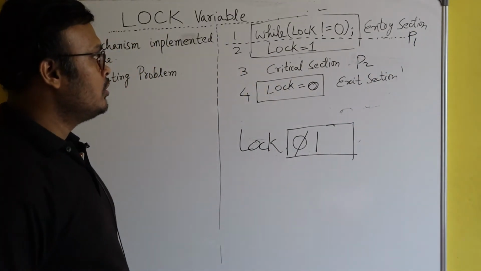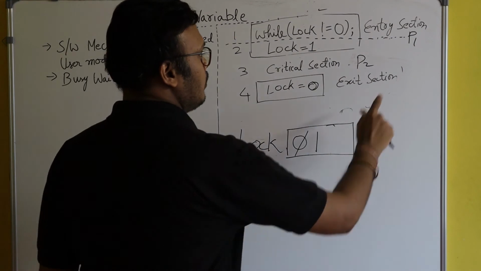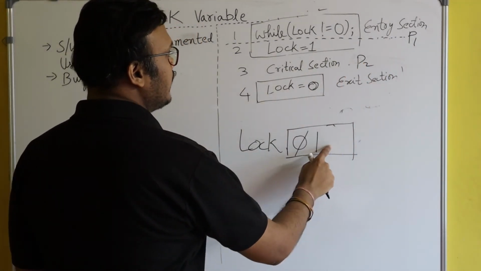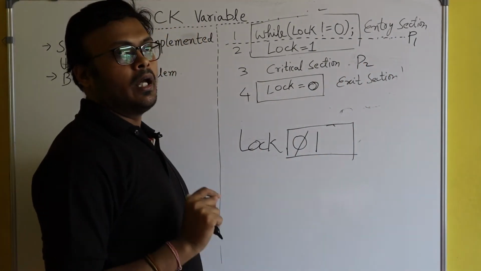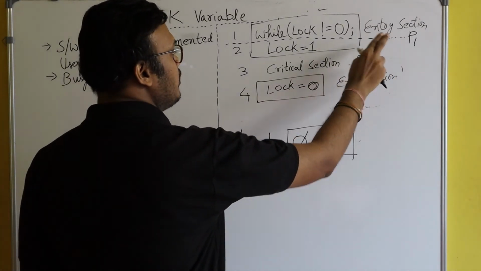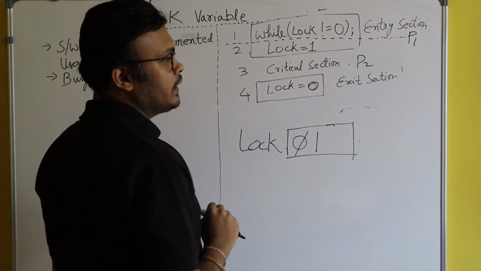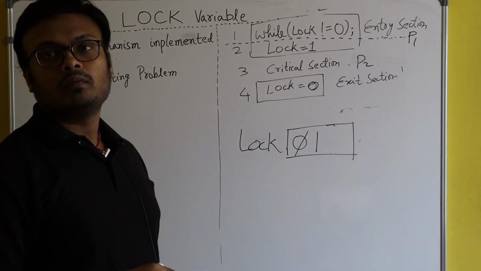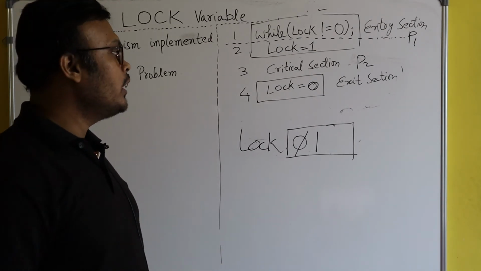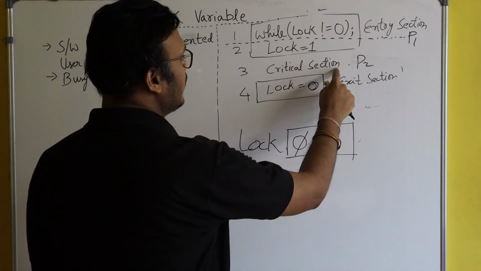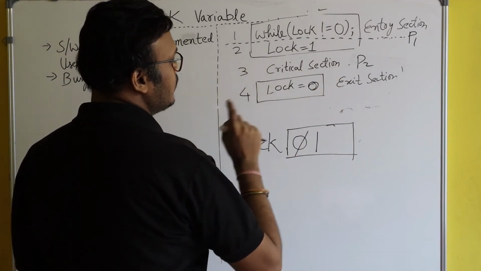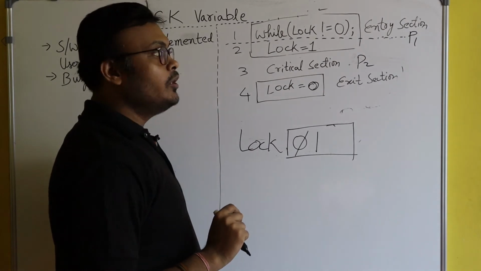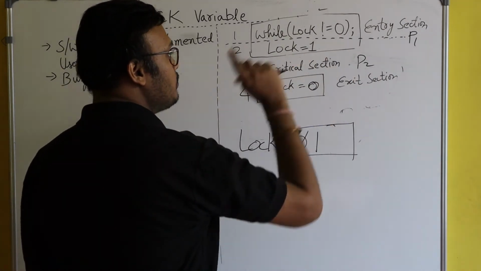Okay. So you see, process P2 is inside the critical section, and you see whether process P1 can enter inside the critical section. Generally, lock = 1 means what? Critical section is not vacant. Okay, and obviously here you see critical section is not vacant and lock is equal to 1. But you see, still process P1 will enter.